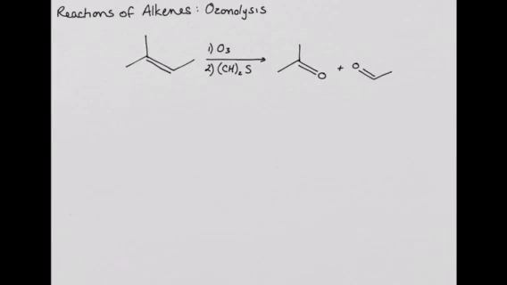Notice that unlike permanganate cleavage, we don't oxidize all of the carbon-hydrogen bonds, only the carbon-carbon double bond. This reaction uses ozone to oxidize the alkene. Ozone is most commonly drawn as a resonance hybrid between two contributors that help to spread the formal charge out